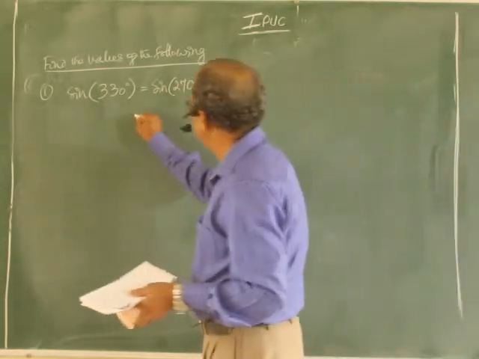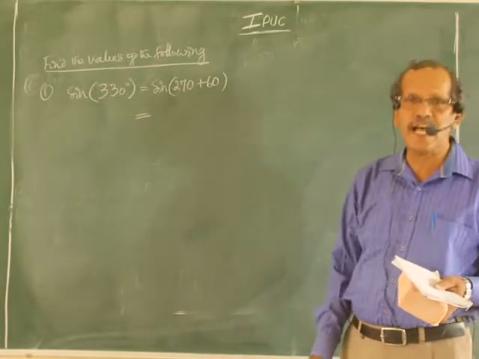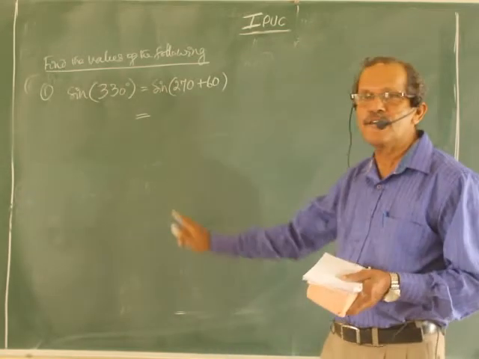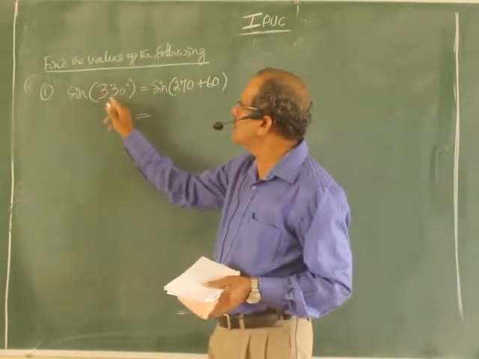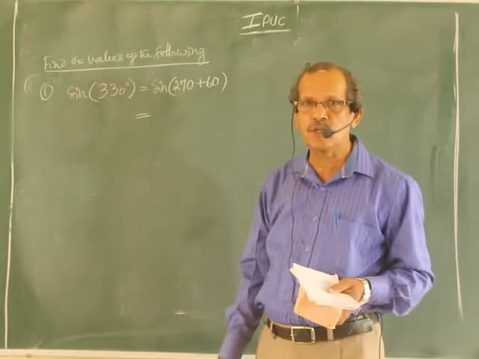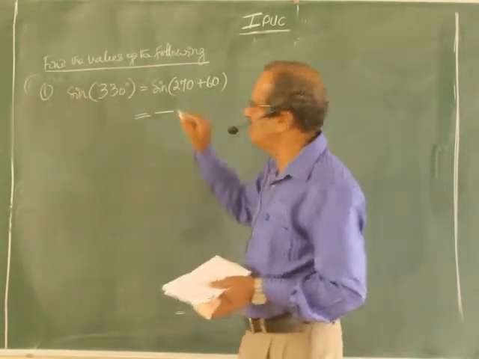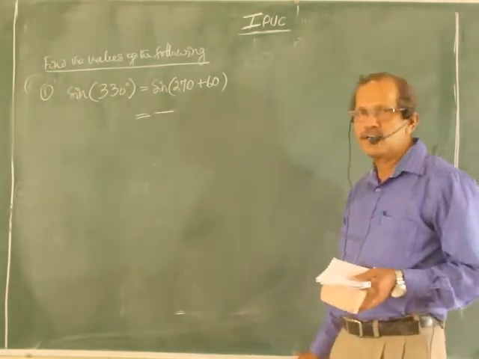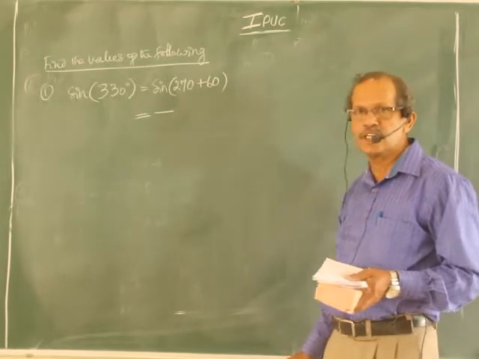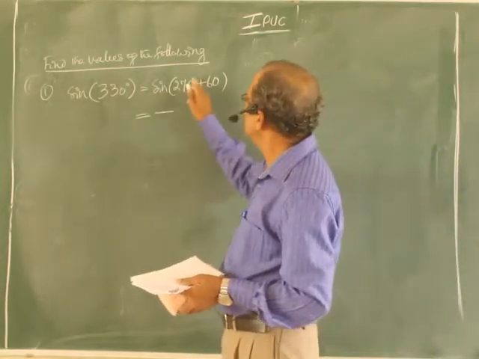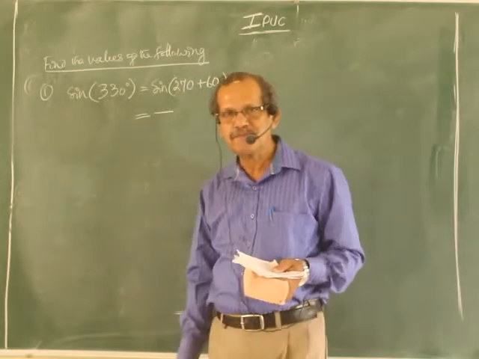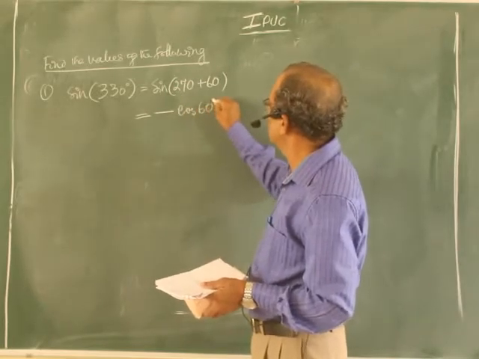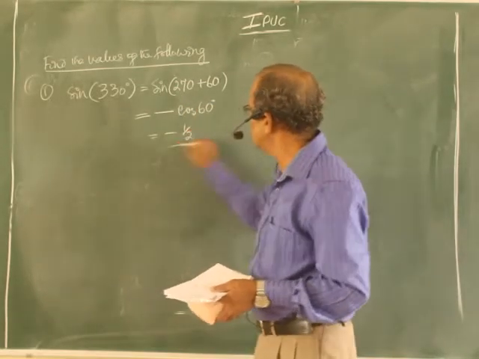Standard form is over. Next step is put the sign. According to that 3 points only, you must proceed. Then there will be no confusion. 330 degree comes in the last quadrant, fourth one, where sign is minus. ASTC. Last quadrant cos is positive, remaining all the functions are negative. And since you have taken 270 here, conclusion is you must change the function. Therefore, final answer is minus half. Over.